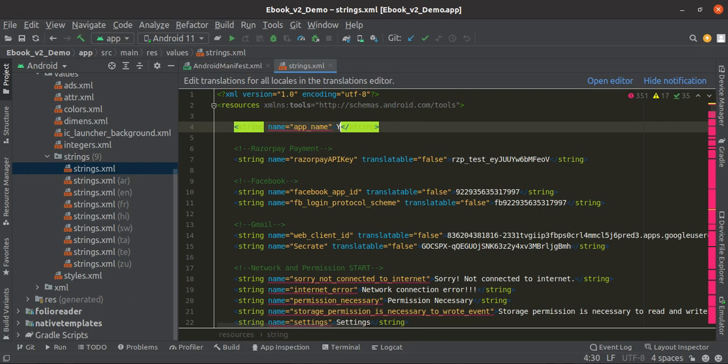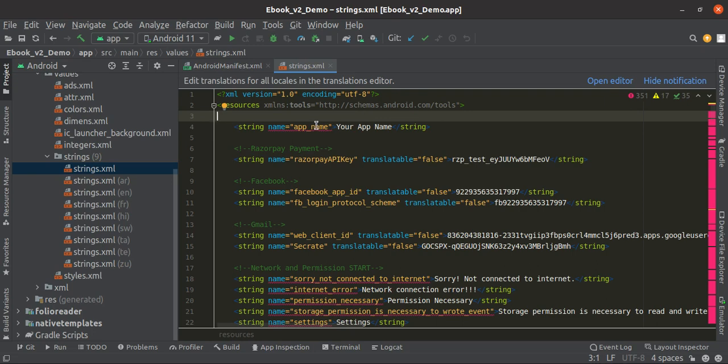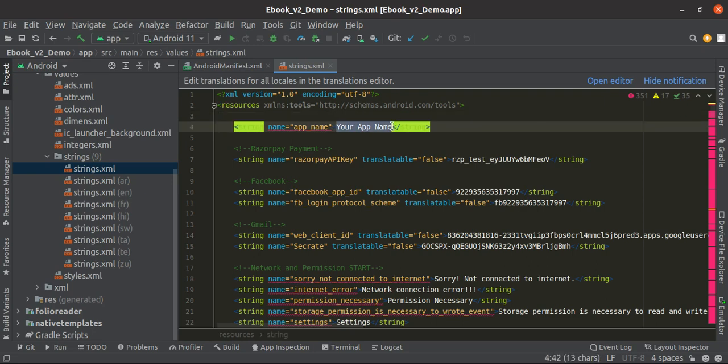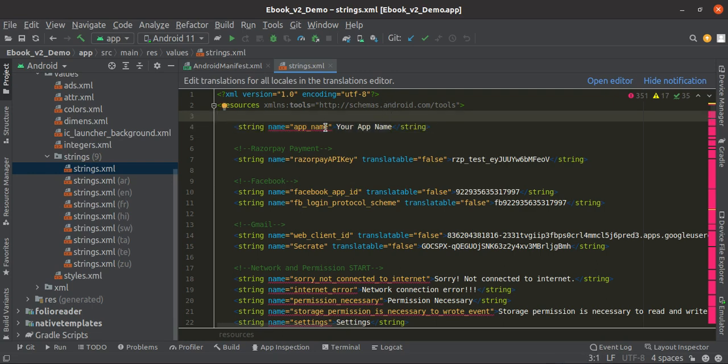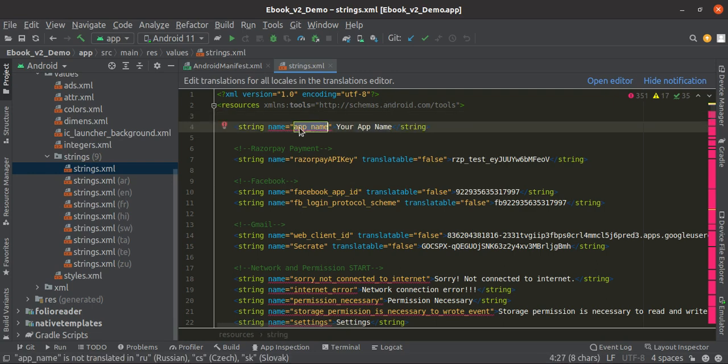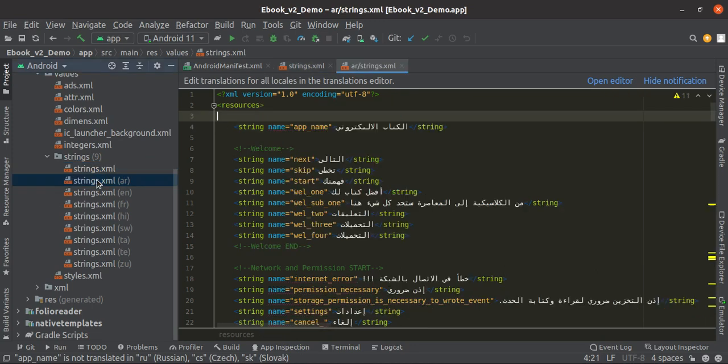You can change it to your app name. So just copy this. We have to change this app name string in every string file.